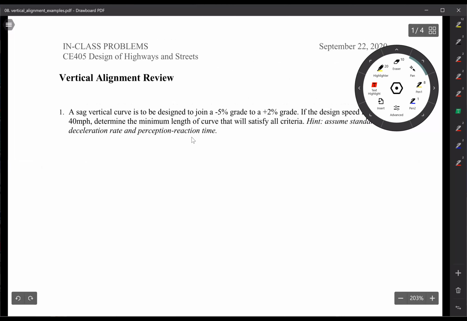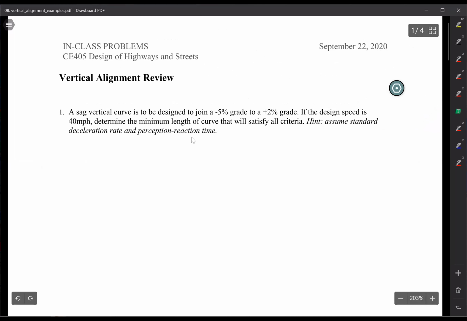So the problem we're looking at is designing a sag vertical curve, and we're joining a negative 5% grade with a positive 2% grade, assuming the design speed is 40 miles an hour, and we want to determine the minimum length of curve that's going to satisfy all the criteria. So we're going to use the standard deceleration rate, perception reaction time, and the AASHTO